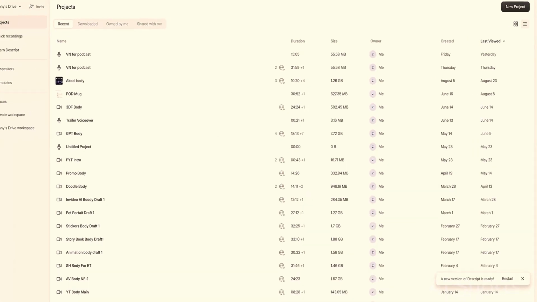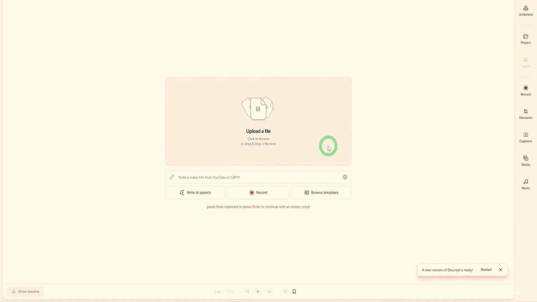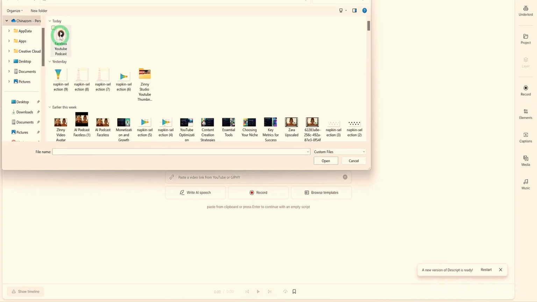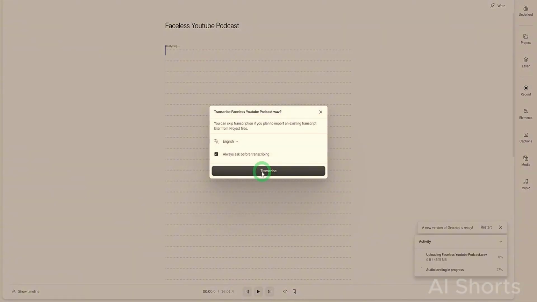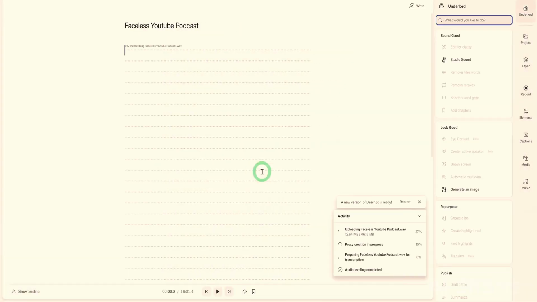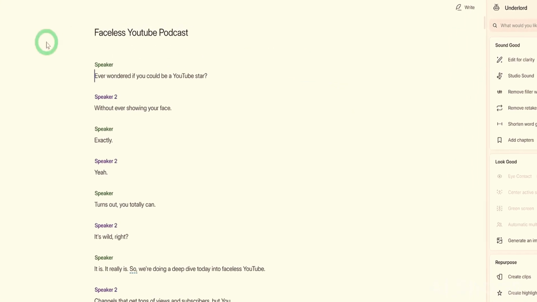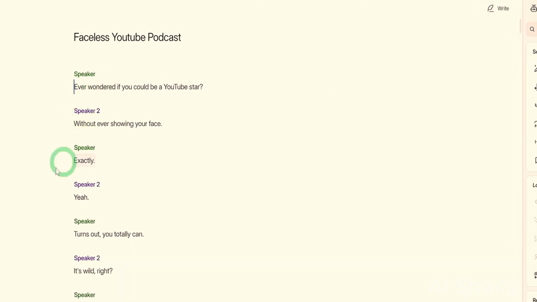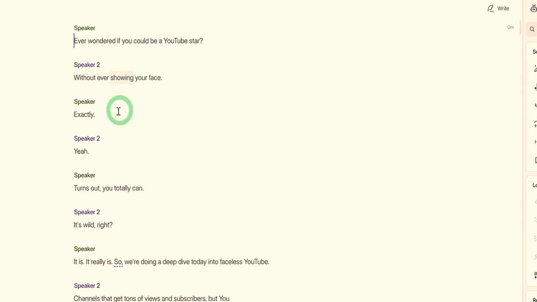Once you come into Descript, you will click on new project and go to audio project, and it opens up this dashboard. It'll ask you to upload the file, upload the podcast we just downloaded, and click on open. Now it's going to transcribe the audio file for me, and I also give the speakers that are speaking within this conversation different speaker flags. Once it's done transcribing, you can see that it has given different speakers that it has identified in the file. Go ahead to listen to the audio, make changes wherever you can, and remove some things